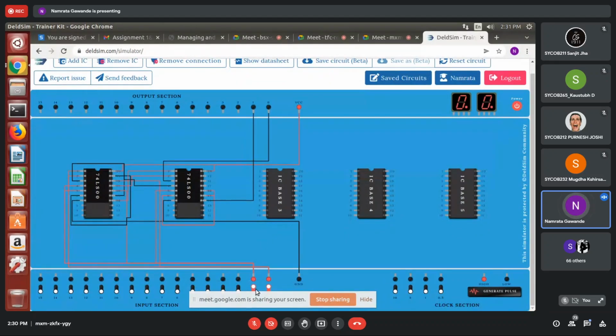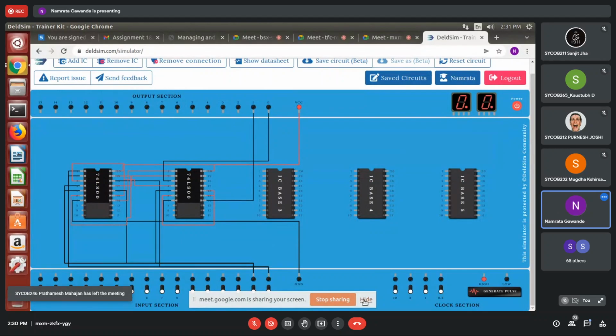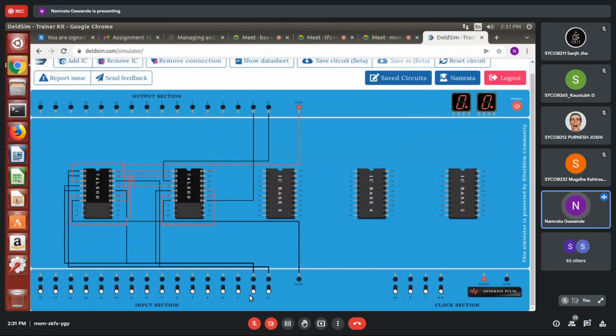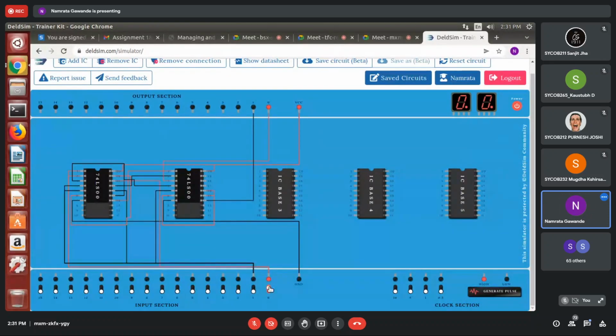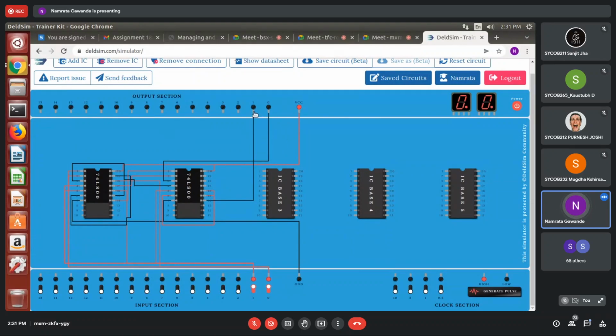Okay. What should we get now? What should we get now, students, for 0, 0? Right? For 0, 1, if this is 0 and if this is 1, we get difference 1 and borrow also 1. If this is 1 and if this is 0, then the difference is 1 and the borrow is 0. Right? And if both are 1, in that case, difference is 0 and borrow is also 0. Right?